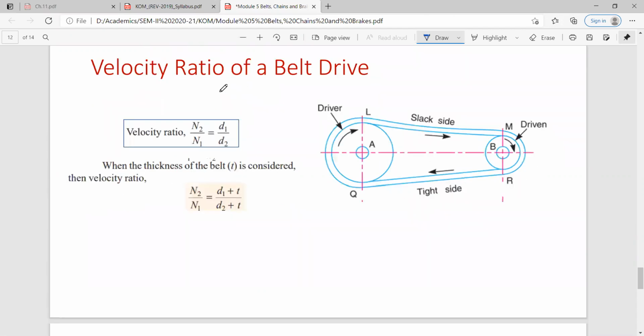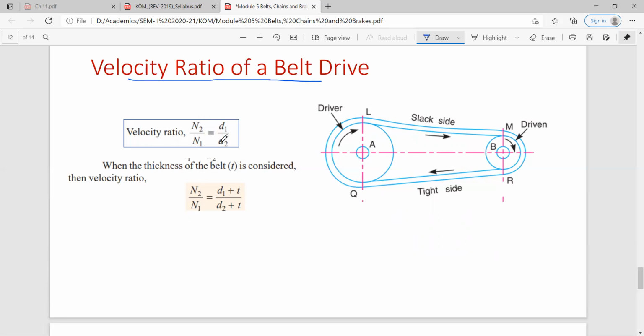Then next is the concept of the velocity ratio of a belt drive. So how is it defined? We have already defined it. Velocity ratio is the speed of the driven pulley to the speed of the driving pulley, that is the ratio N2 upon N1. Suppose your driving pulley is number 5 and driven is number 6, so your velocity ratio will be N6 upon N1. Okay, speed is inversely proportional